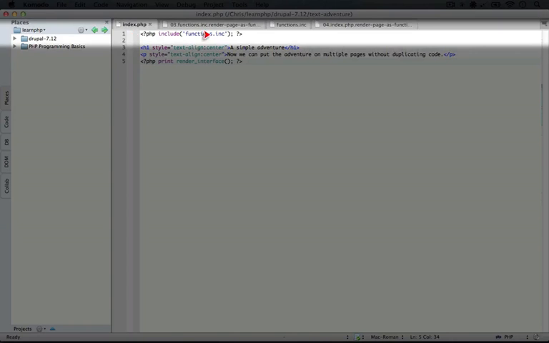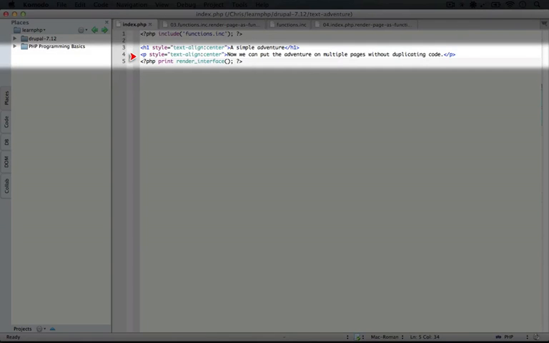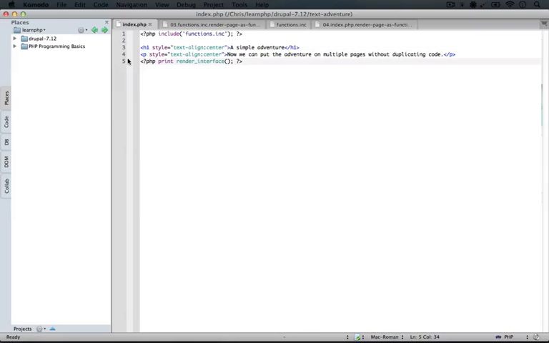We're including our functions.inc file like we were before. We have a heading tag and a little bit of information above the interface, and then we're calling the render interface function in order to display the interface. So now you can embed this game anywhere on your website where you want to distract people a bit. For example, on a contact form where they've selected that they have a complaint.